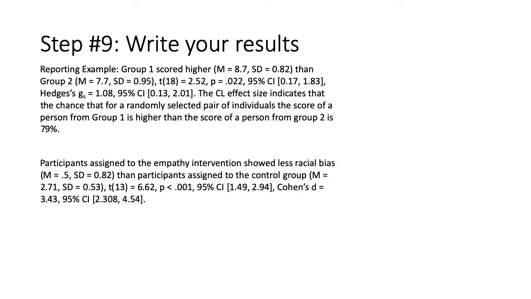All right, so now we get to write up our results. And I took that writing from Daniel Lakens and I converted it to what I needed. So Group 1 scored higher than Group 2, because participants assigned to the empathy intervention showed less racial bias than participants assigned to the control condition. If you notice, I took what he gave me and made it better, made it easily interpretable for my audience, and then I insert my statistics, my mean, my standard deviations, my t with degrees of freedom, my t-score, my p-value,